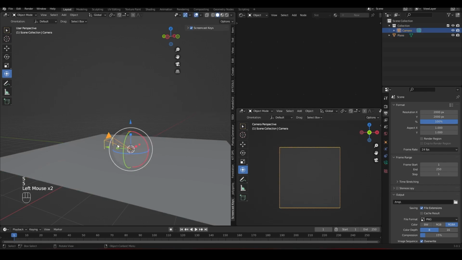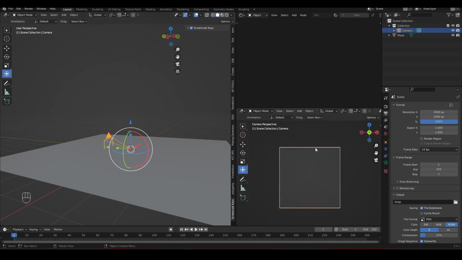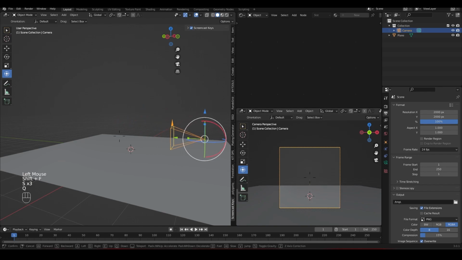Now, a fun thing you can do: you can click on this camera, go up here to View, go to Navigation, then Walk Navigation, right click, change shortcut, and set it to Shift F. And now, when you go to the camera view and press Shift F, you can sort of walk the camera like you would in a first-person shooter. So yeah, this is very good for getting good camera placements that you want,